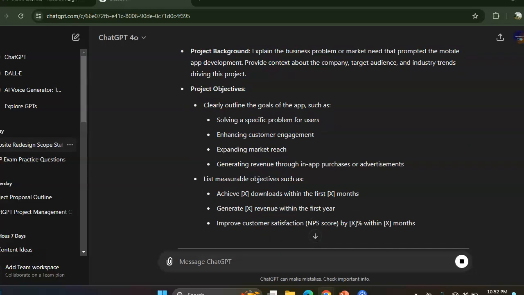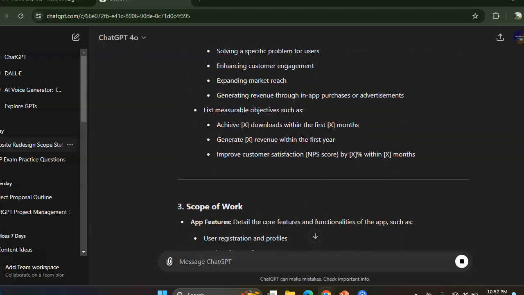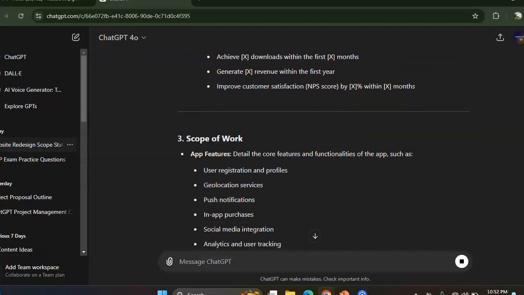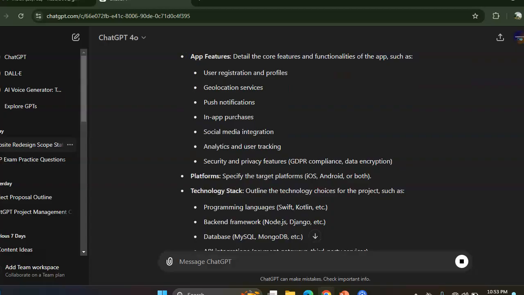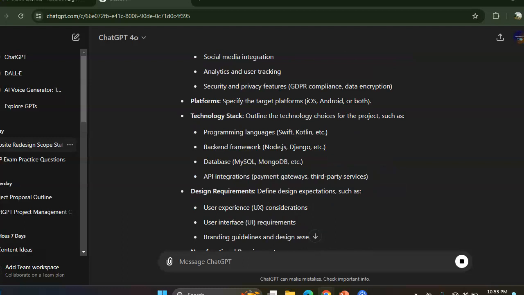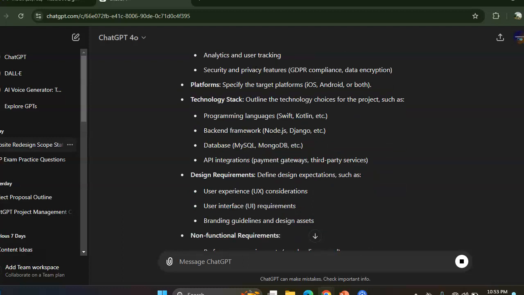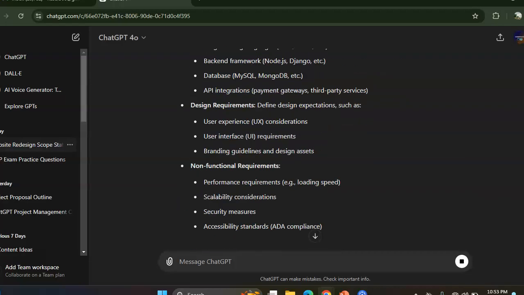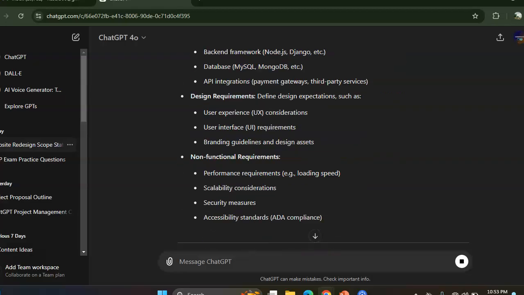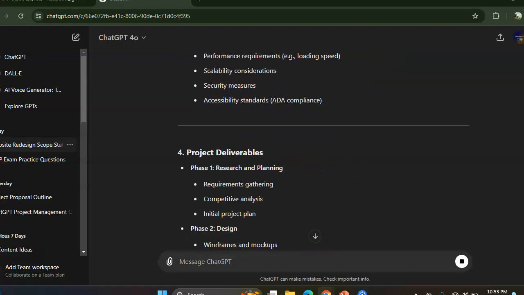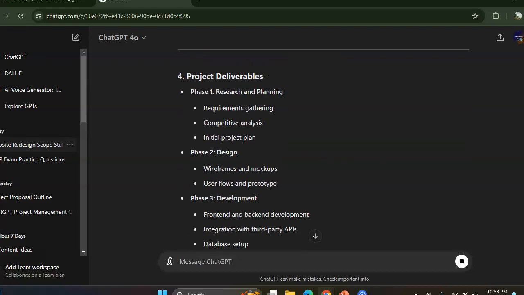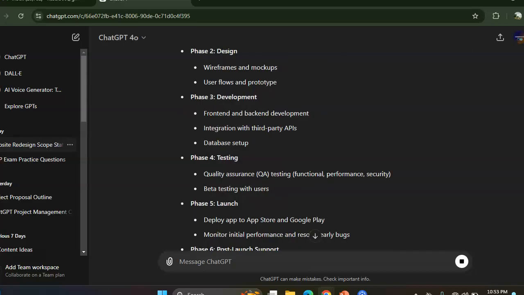So project objectives, like clearly outline the goals of the app, what the app will resolve, list measurable objectives such as achieve, generate, improve customer satisfaction, scope of work, app feature, platform, technology stack, like what is the programming language, backend framework, database, API integrations, design requirements, and then non-functional requirements, project deliverables like phase 1 research and planning, then phase 2 design, phase 3 development, phase